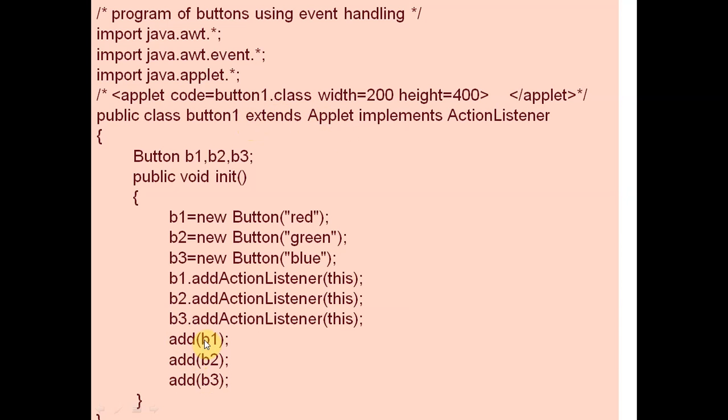So we are adding buttons b1, b2, and b3 with the applet also, and these three buttons are associated with the action listener also. It means button 1, button 2, and button 3 will feel the event. Suppose we click on button 1, then it will feel the event, it will feel the double click over button 1.